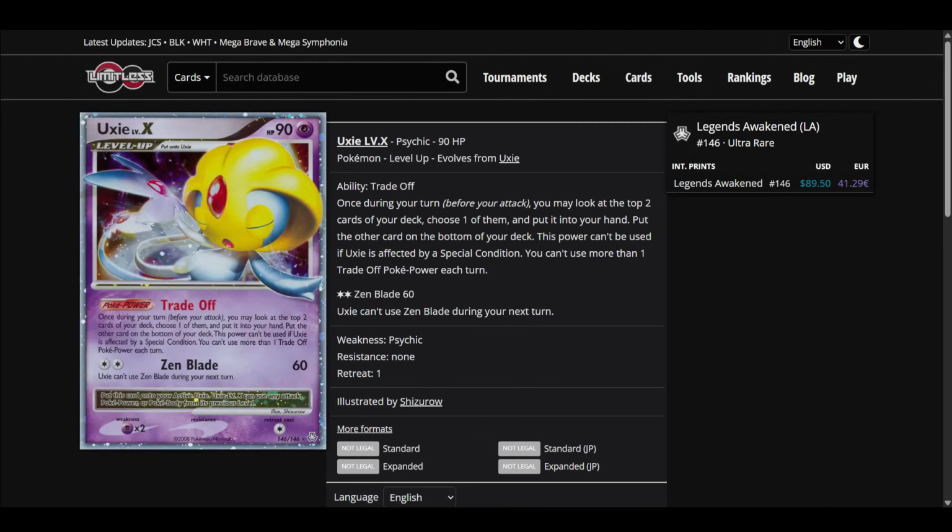I think the level isn't part of the name. I'm not really sure. Anyways, this is Uxie level X, which takes up the same name slot, I guess, as Uxie, so you can have up to 4 in any combination of Uxie level X's and Uxies. And then it's a level up from Uxie. So what this means is you put it onto your active Uxie, and then you can